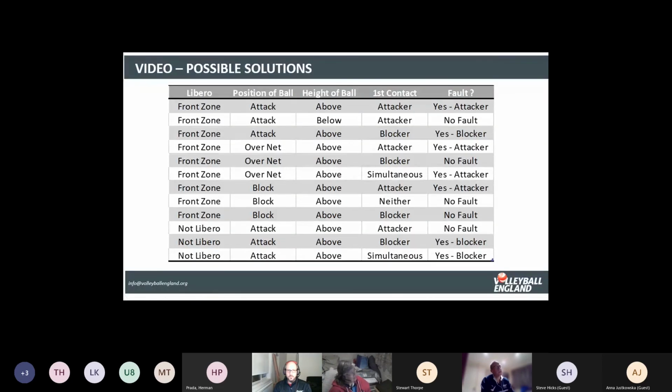So thinking about those different situations, if you lay it out and say, okay, where's the libero? Is it the libero or isn't it the libero? Where is the position of the ball? Is it in the attack side? Is it over the net or is it on the block side? Where is the height of the ball? Is it above the net or is it below the net? And who contacts it first? Is it the attacker or the blocker or is it simultaneous? And then you get a whole different scenarios, situations that could occur, and whether the fault is one way or